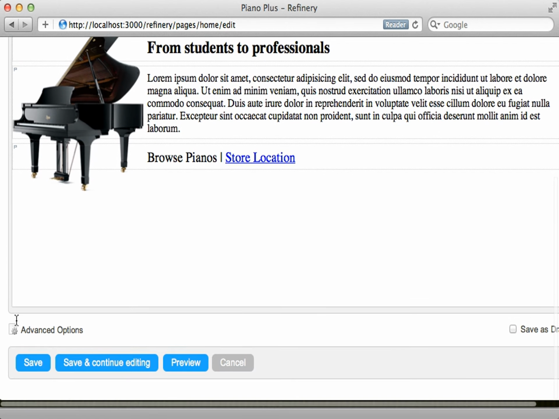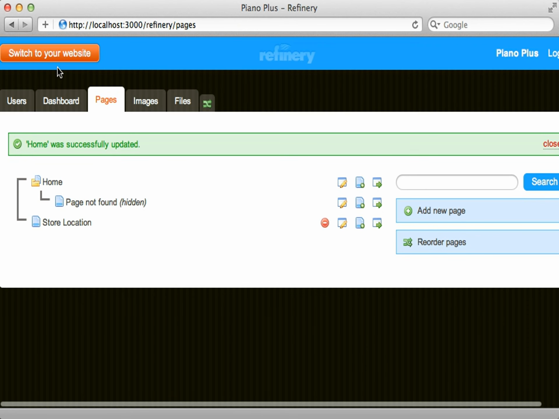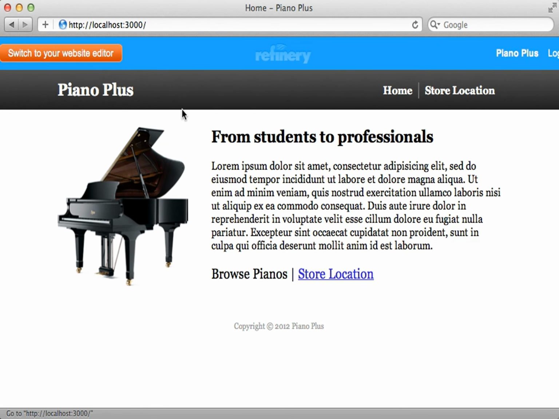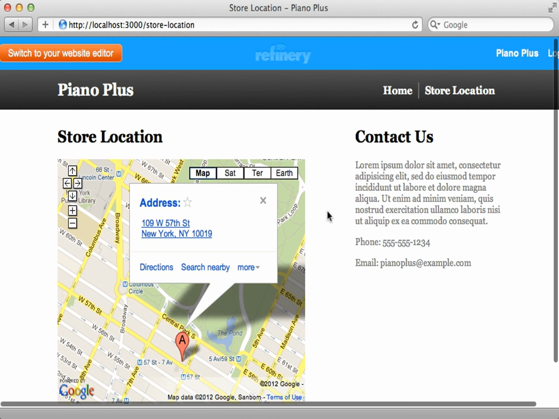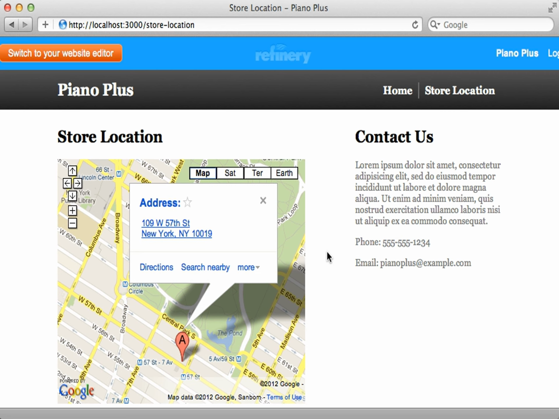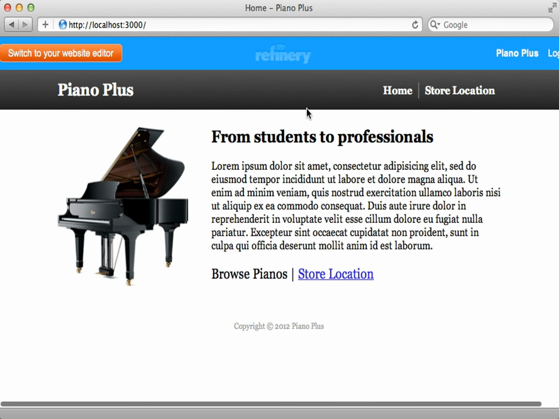Now I'll just save this page, and then let's check it out. And there we go, there's our store location link in the menu, and we also have a link on the page here that goes to that same page with our map and our contact us information displayed on the side. It works! Next, I want to tackle the red banner section that needs to be displayed at the top of